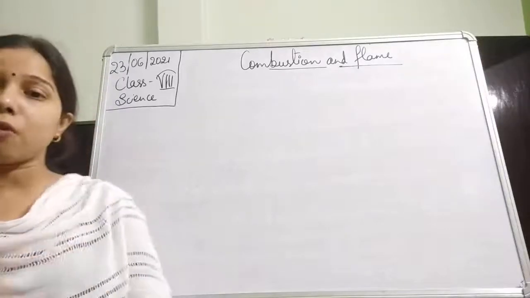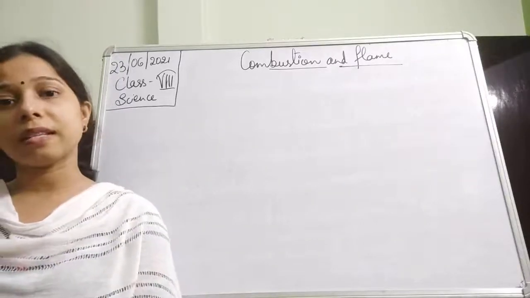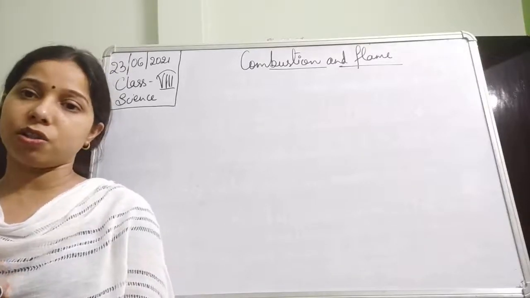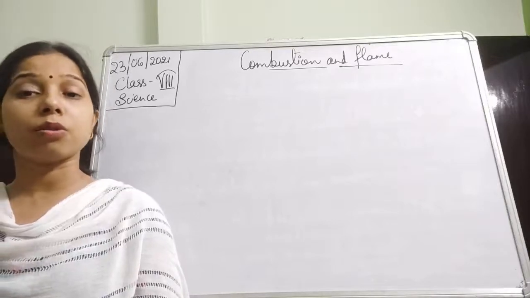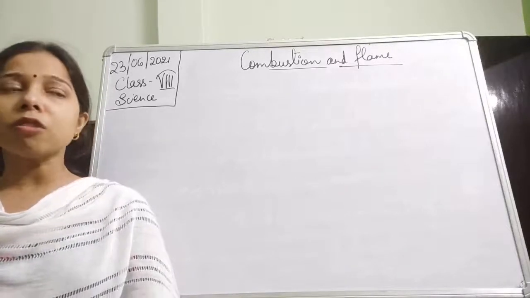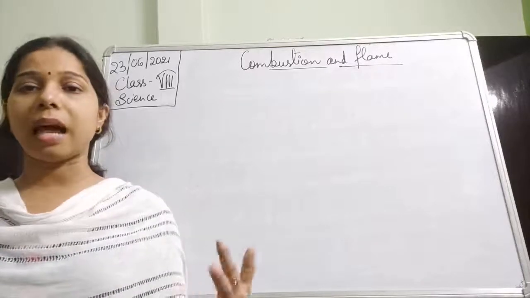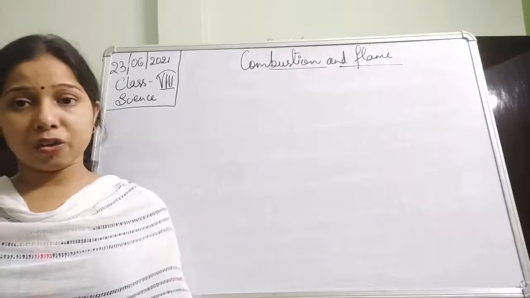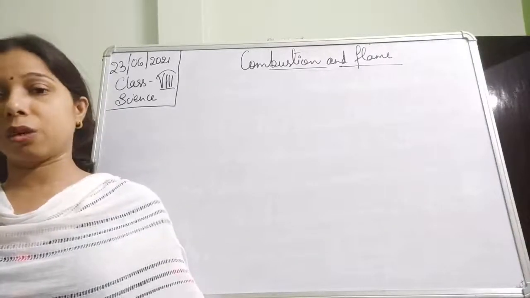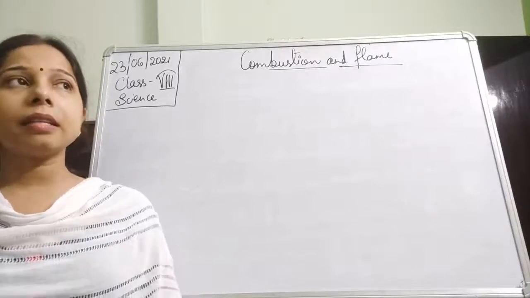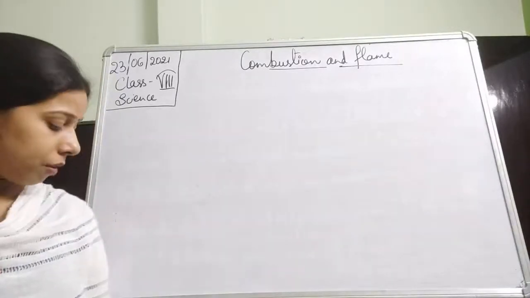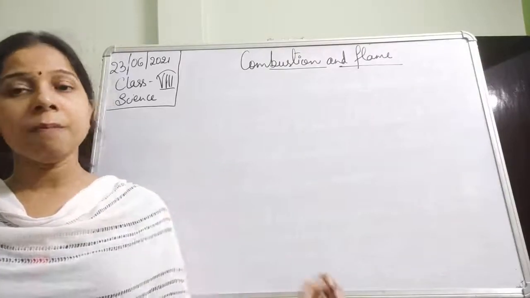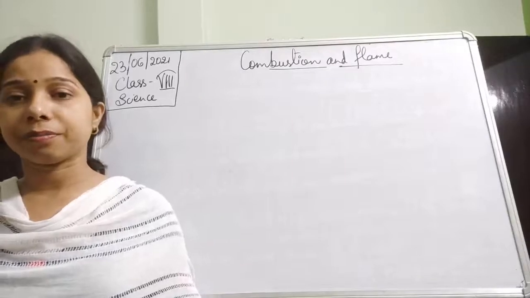The second one is the supporter of combustion, oxygen. Obviously, if oxygen is there, then the combustion process can take place. So if we cut the supply of oxygen, the combustion process will not occur, and the fire can be extinguished. Because of that, you have seen people wrap it with a blanket or throw sand, or even use a carbon dioxide extinguisher. The reason is it covers the surface of the fire with a layer, due to which the supply of oxygen from the atmosphere is cut off, and ultimately the fire gets extinguished.